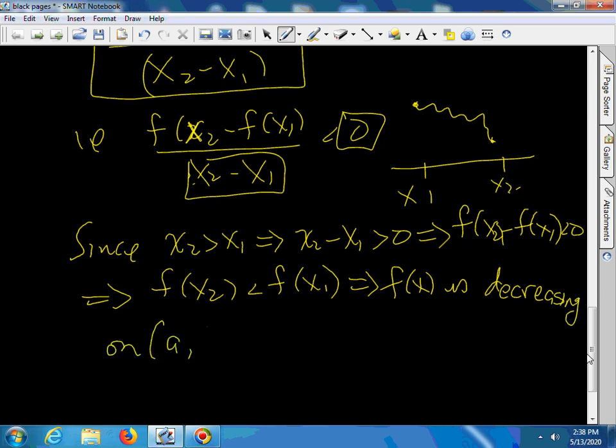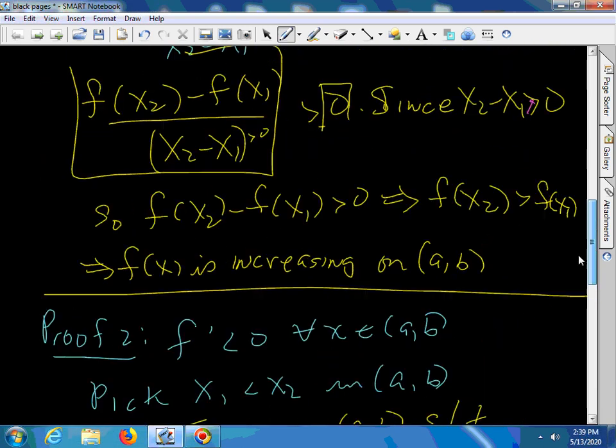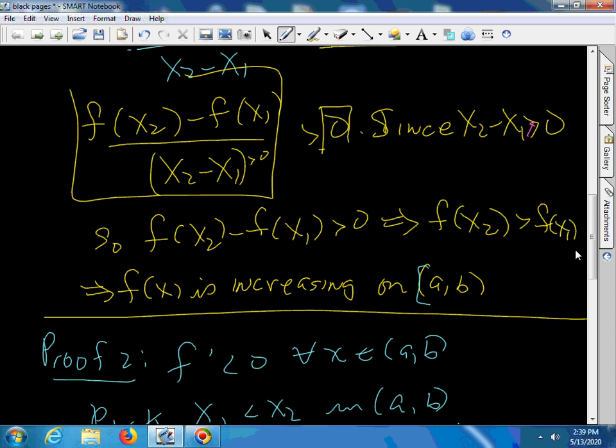on AB. It's important that you say the neighborhood. In fact, we can say it's decreasing on the closed interval. We can say that it's increasing on the closed interval. And this completes the proof of